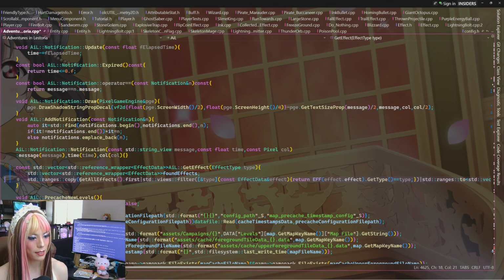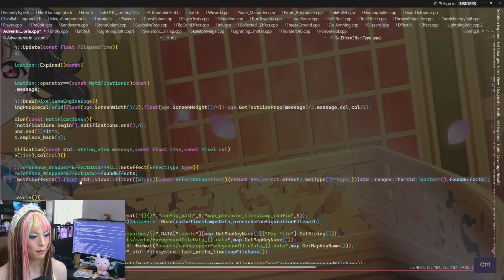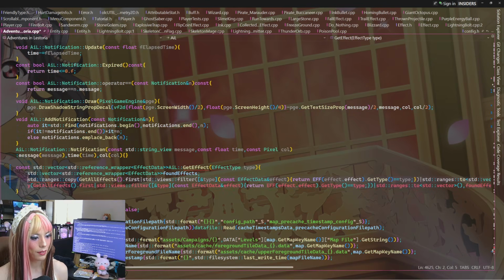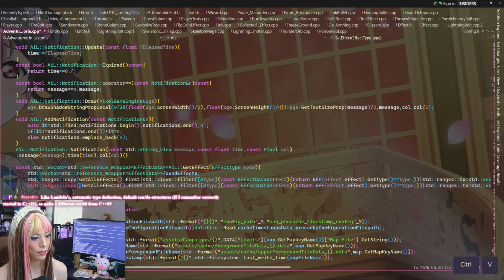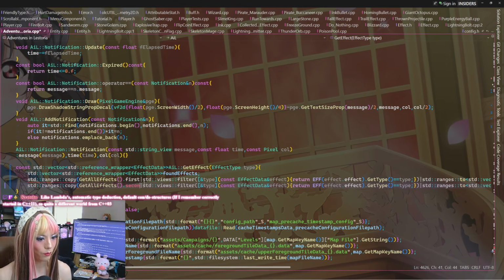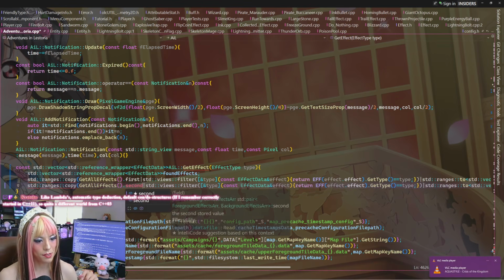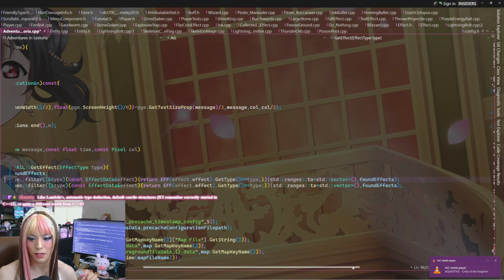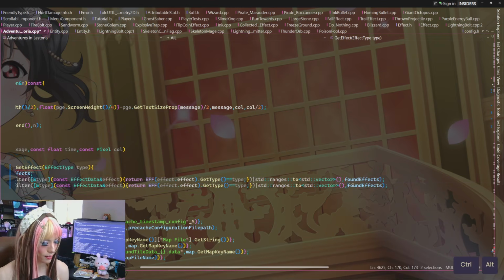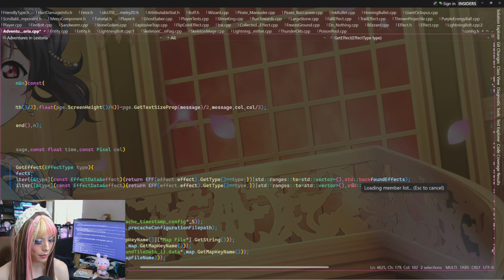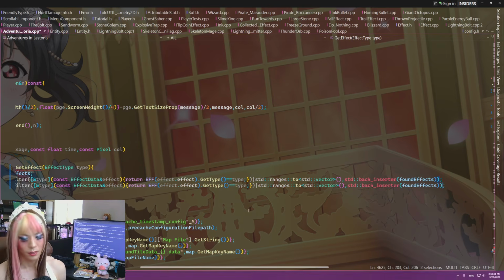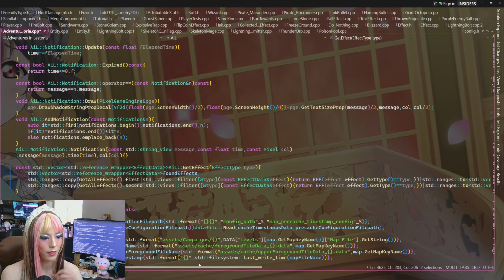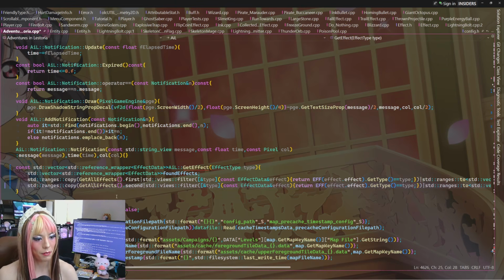So it does that for this, and then I want to do the same for the other range as well. The second range. Like so. It doesn't like this though. Is the destination supposed to be a back inserter? I feel like it's supposed to be an iterator. Let me see. Standard back inserter. Alright. Okay, it's happier with that, so now I just have to return whatever's in found effects.